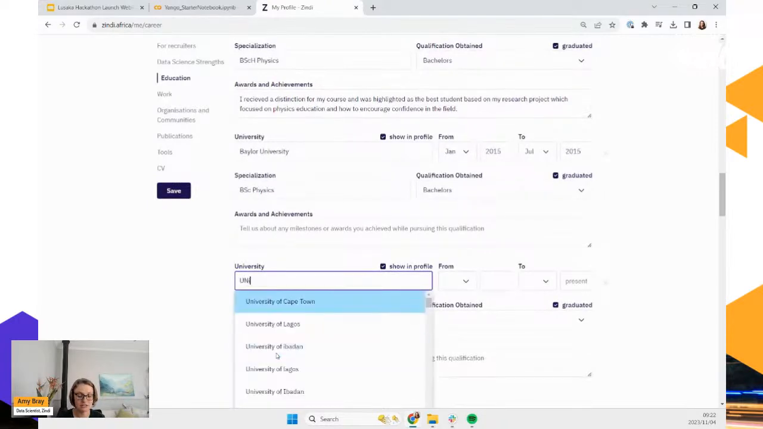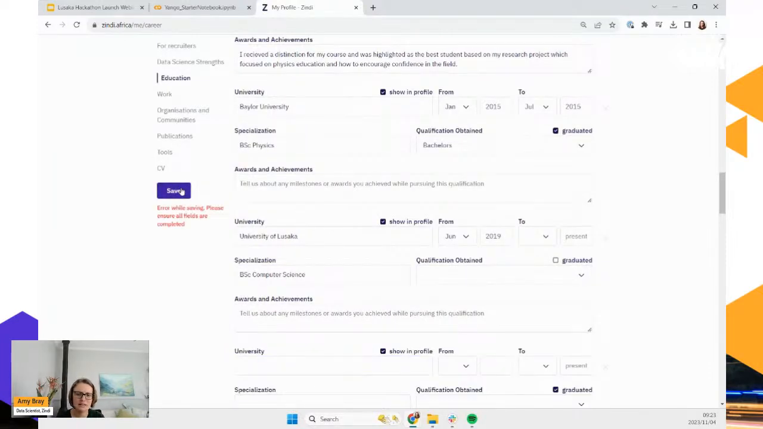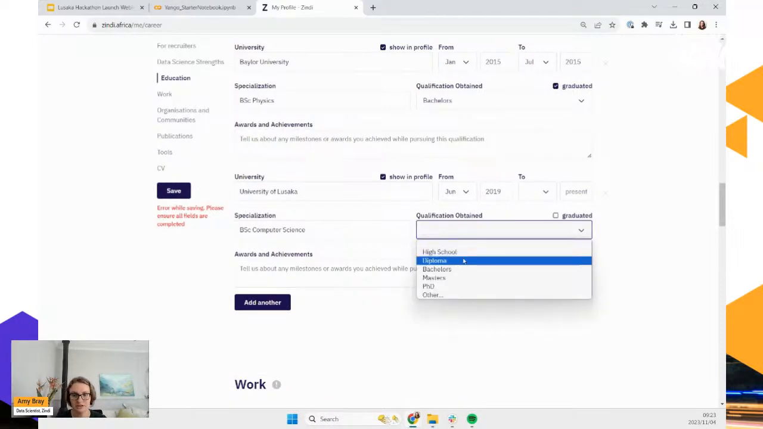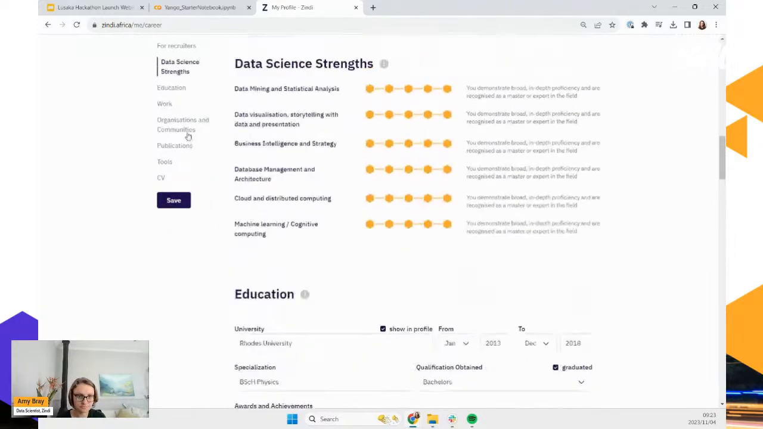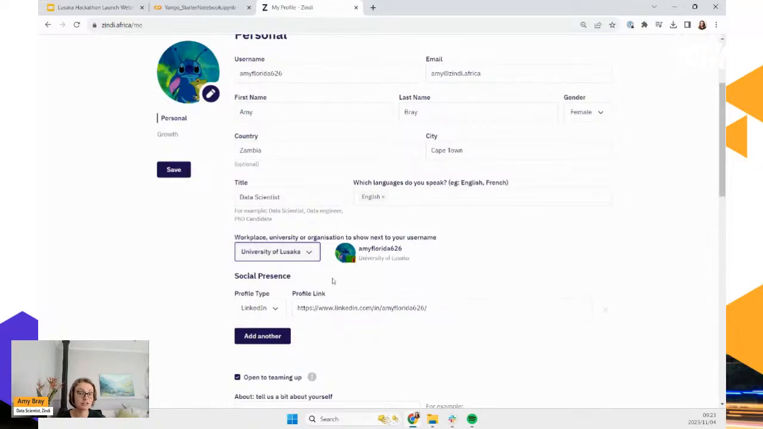However, I can add another one, such as the University of Lusaka, and there it is, UniLas. I'm going to put in the time I worked from. And let's say I'm still present. My specialization is a BSc Computer Science. I haven't graduated yet, and I'm just going to click Add Another. Please remember to click Save. I think it's because I haven't filled this in properly. So please do fill in this, that I'm getting a diploma. There we go. I can now scroll all the way back to the top and go to my profile. And I'm going to change my workplace to University of Lusaka, UniLas. As you can see, the country flag is here. And I'm going to click Save. Now that everyone knows that I'm from UniLas and Zambia,